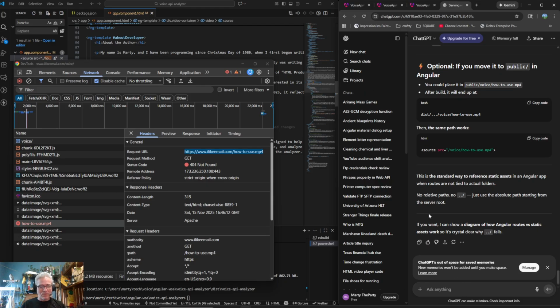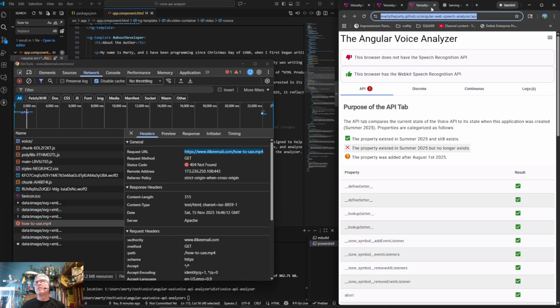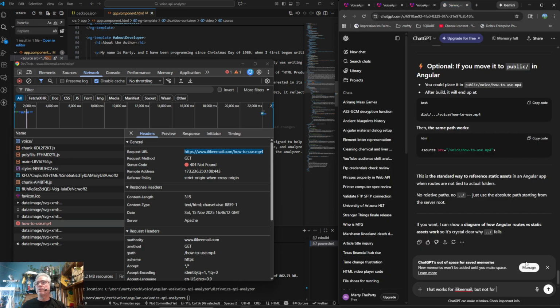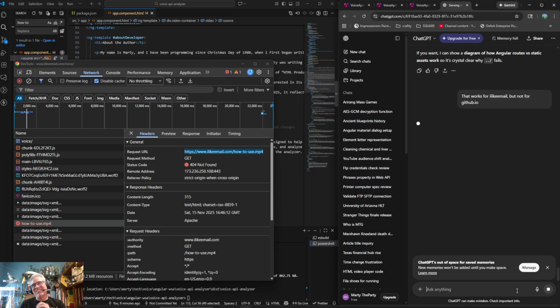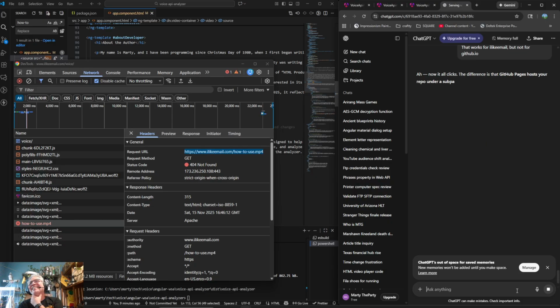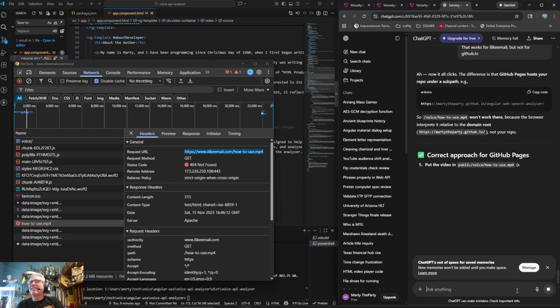Okay, so that works for I like email, but not for GitHub IO. I can't believe we're still messing around with this.